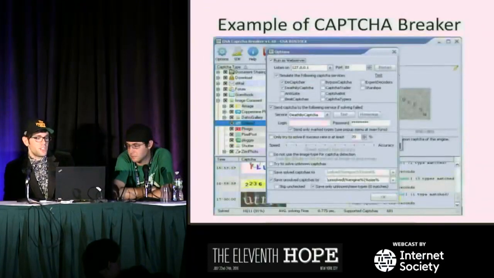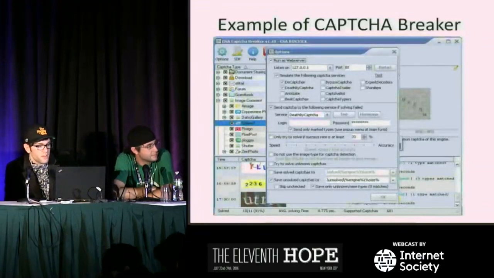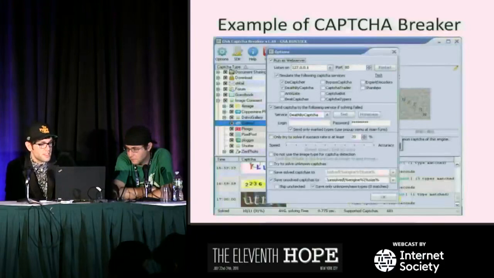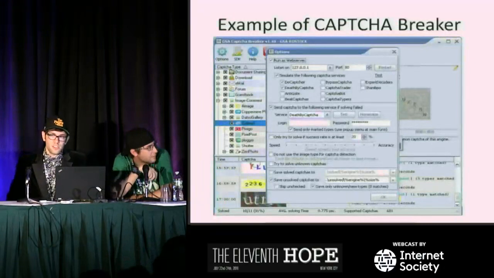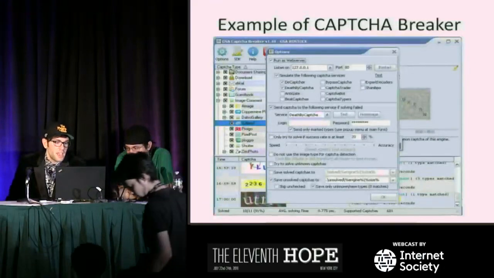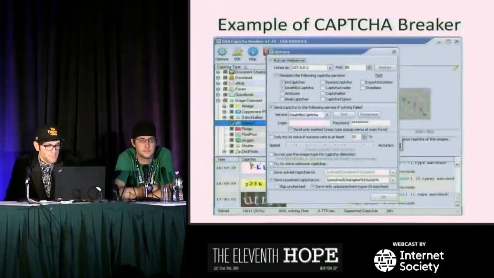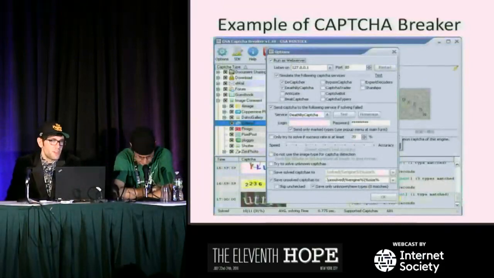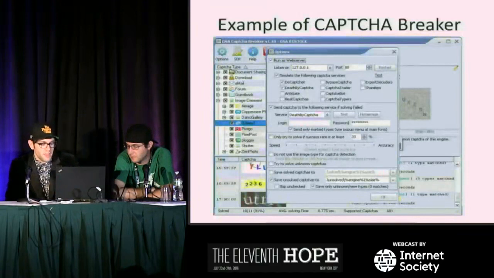Here's a screenshot of GSA. So this is sort of the one that Black Hats run at scale, right? So they have in the CAPTCHA type box, you can see on the left-hand side, they have a big list of known challenges in the wild that have been broken, and you can apply them accordingly. You can set it up as a web server, so you can do farming attacks and program in all that stuff. Make sure you've got your Death by CAPTCHA account in there, and it'll just make your life that much